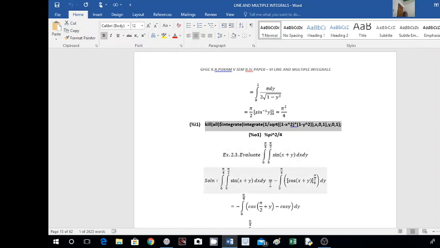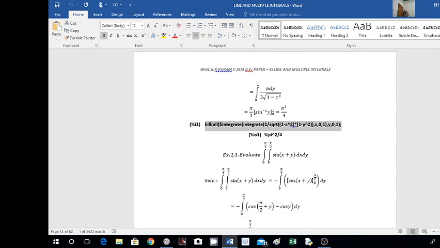Okay. Now this is equal to, what is the integration of sine? It is minus cos of x plus y, between 0 and pi by 2. We have integrated with respect to x here, therefore we have to substitute the limits for x only. Wherever x is there, put pi by 2, and wherever x is there, put 0. So if I put the upper limit here, minus I am keeping outside itself here, cos of pi by 2 plus y minus cos of 0 plus y, that is cos of y, dy.